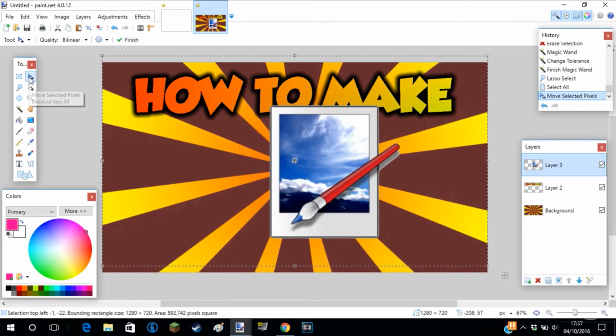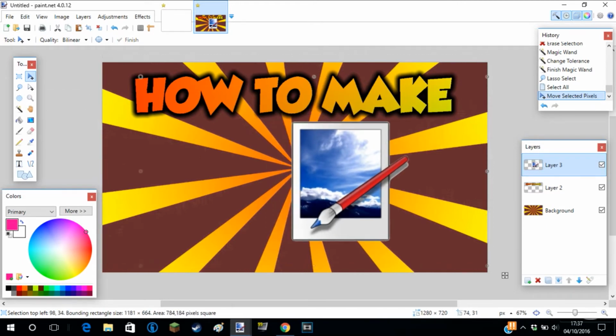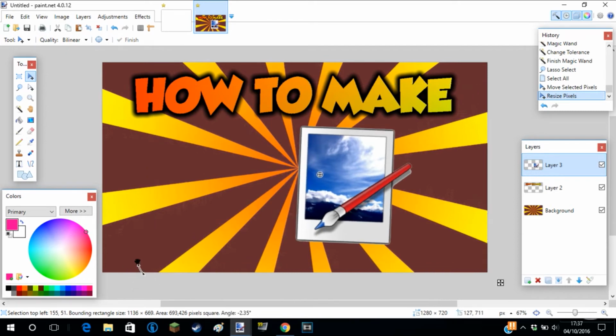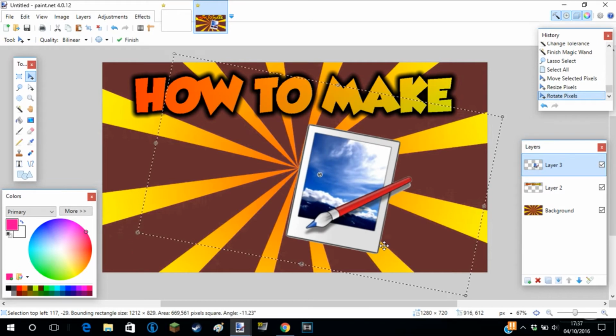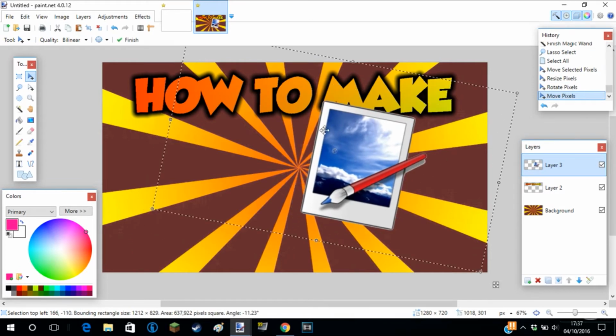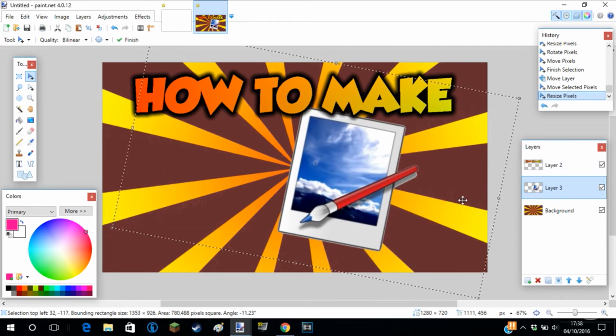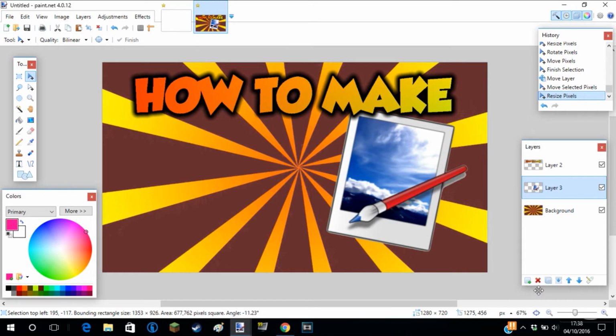Obviously you can do this with any image. I'd recommend if you're on the internet using a PNG file, as you then don't have to do this, saves a bit of time. So remember, you can hold down Shift, and also all these little arrows in the corner, you can tilt it to change the angle, so it can be customized for yourself. Say I want the text to be on top, I could just drag the layer down, just like any pro photo things, and then just move it around, which is really cool. So as you can see now, the text is above the image,